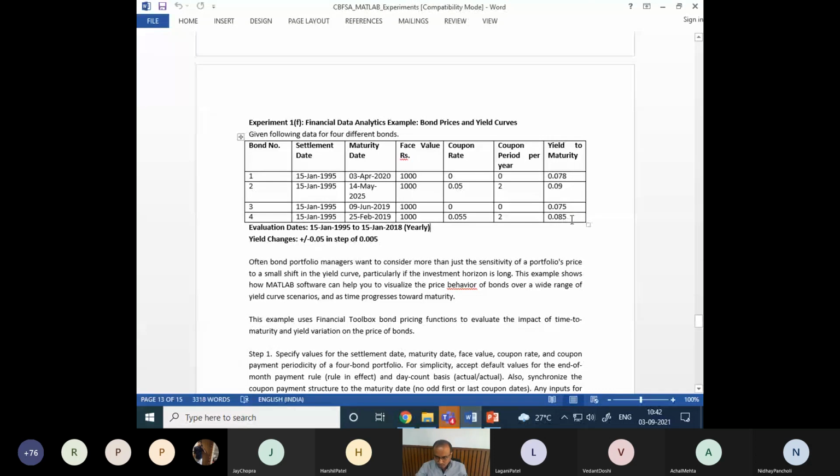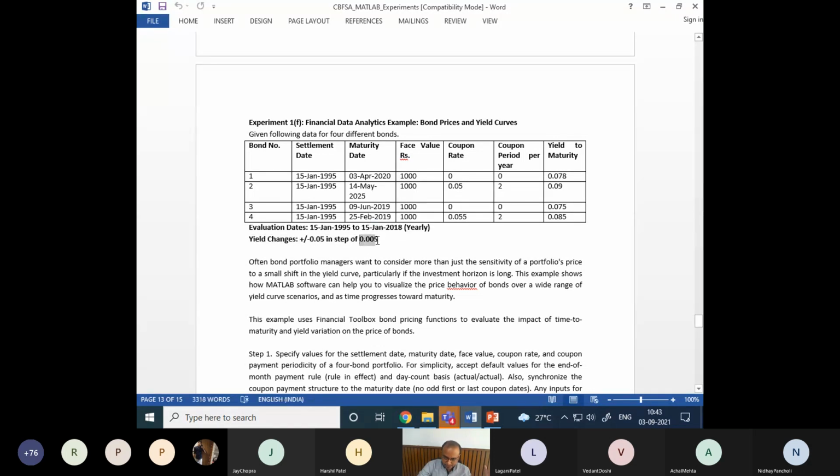This data is available to me, and all these 4 bonds have slightly different yields. Let me take this. Now I want to evaluate starting with 15 January 1995 up to 15 January 2018, and I want to evaluate the bond yield curve yearly. I want to find it yearly, meaning on 15 January 95, 15 January 96, 15 January 97, up to 15 January 2018. I want to find the yield curve if my yield changes plus or minus 0.05 in steps of, say,